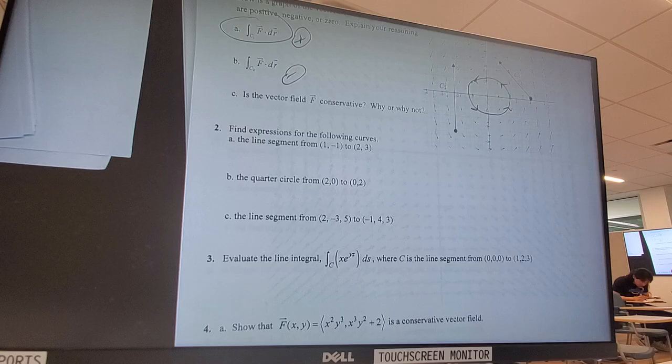Is it possible you can find a vector field and find a little piece of it where you can draw a circle and it comes out 0? Yeah, hell yeah. Does that mean anything about it generally? Hell no. Some fields are going to have little non-eddies. An eddy would actually lead to a non-zero answer. So it could have a little piece of itself where, if you drew a circle in it, it comes out to be 0. But who cares? The whole thing has to be true. Everywhere you put a circle loop in a conservative vector field, it'll come out to be 0.